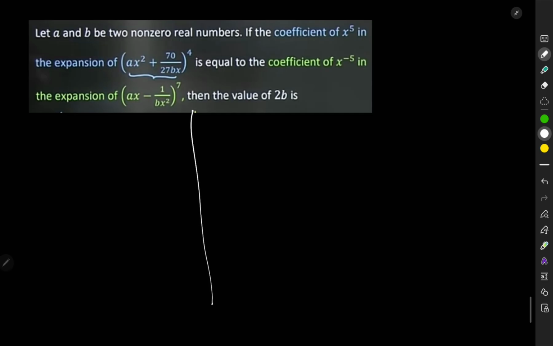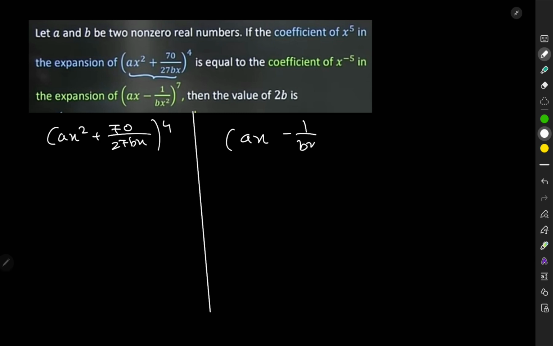This is a similar type of question. Let a and b be two non-zero real numbers. If the coefficient of x to the power 5 in the expansion of (ax^2 + 70/(27bx))^4 is equal to the coefficient of x to the power minus 5 in the expansion of (ax − 1/(bx^2))^7, find the value of 2b. It's an easy one. So